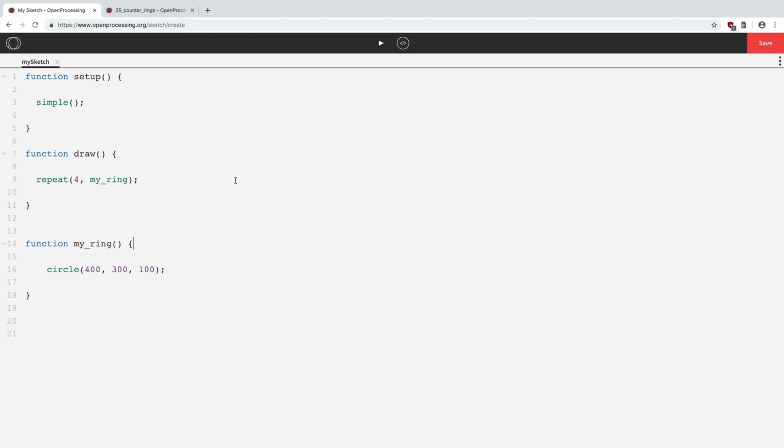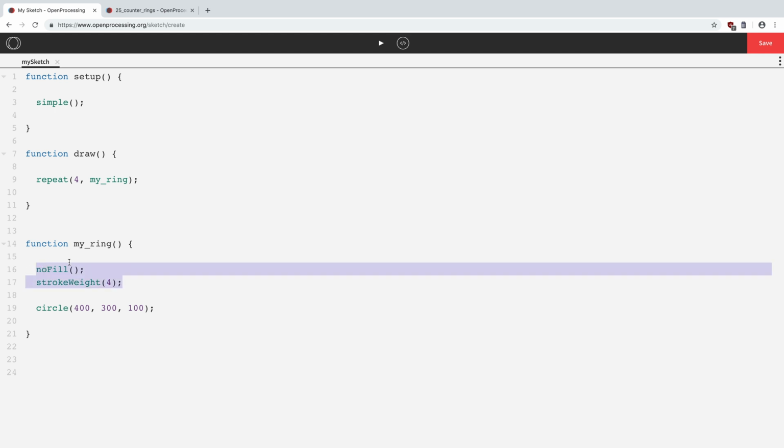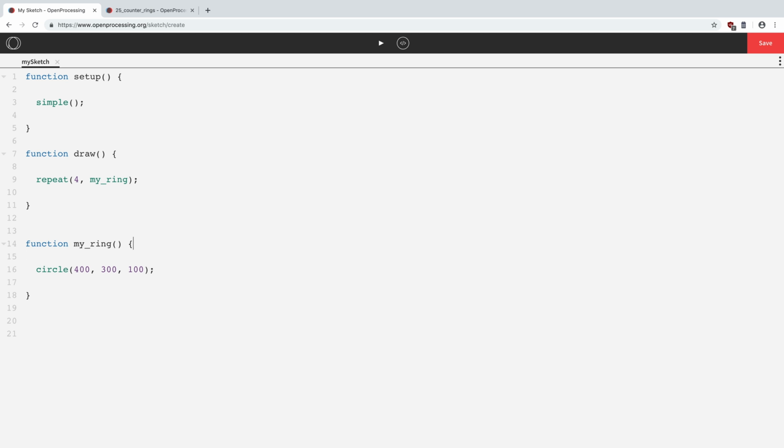Well, before we carry on, I'm just going to make some style changes. So I'm going to say no fill. That means don't fill the circle. Just tidying that up a bit there. And I'm going to change the thickness of the circle, of the outline. Let's say size 4. In fact, I don't need to repeat that 4 times. That can be